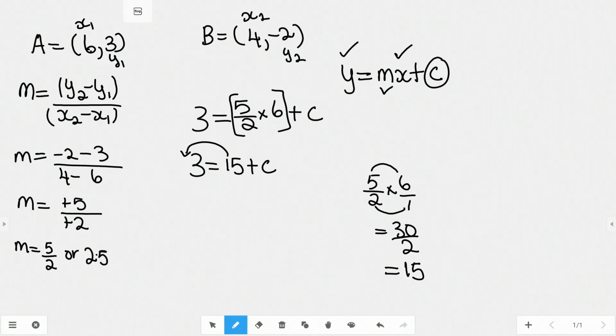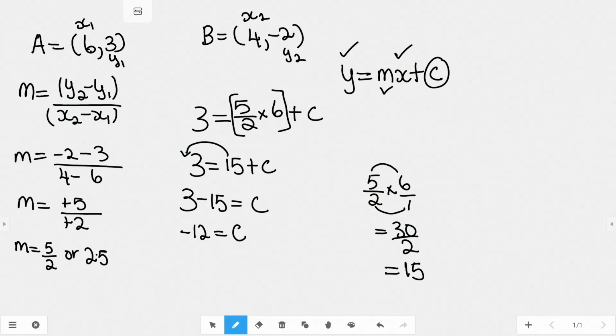So since we have a positive 15, when it goes across, it becomes negative 15. So we have 3 subtract 15 is equal to C. And 3 take away 15 is equal to negative 12. So negative 12 is equal to C. Now the final step, after we have gotten the C value, which is